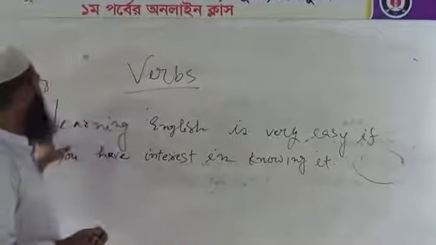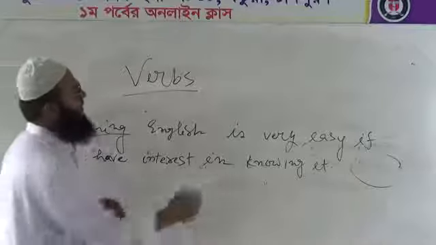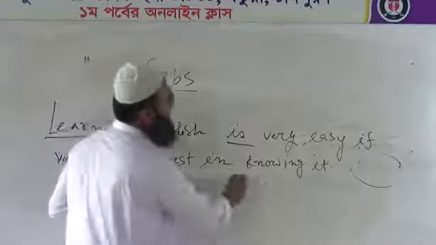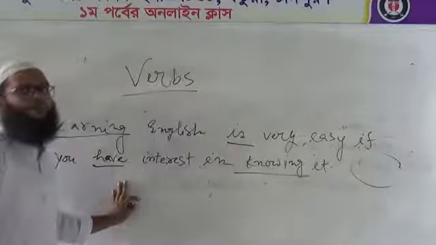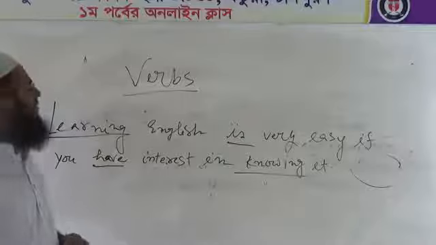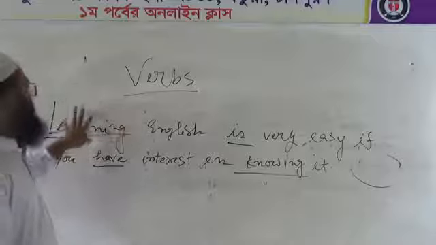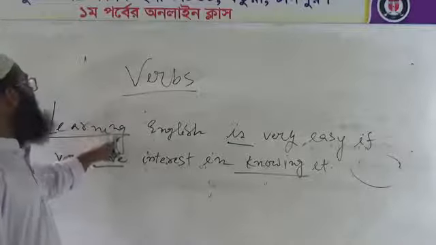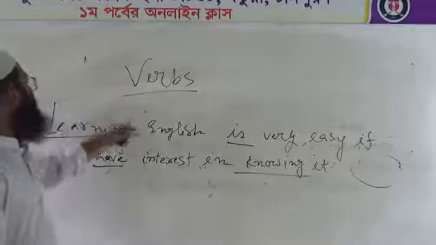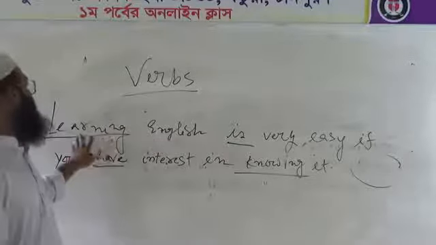It's a sentence. If I want to find out the verbs here, "learning" is a verb, "is" is another verb, "have" is a verb, and "doing" is a verb. Now I will find out which is a finite verb and which is a non-finite verb. Here, "learning" takes ing after the verb. We know that if we get ing after the verb,